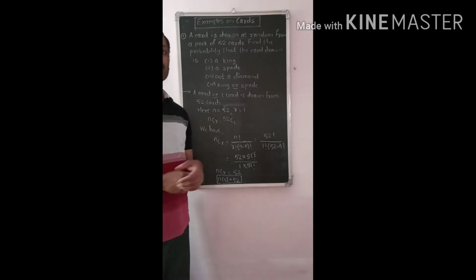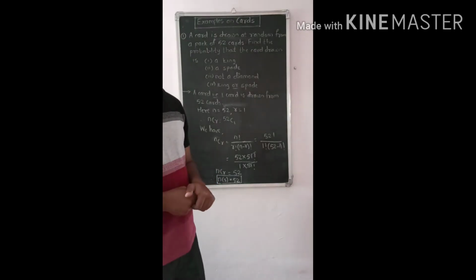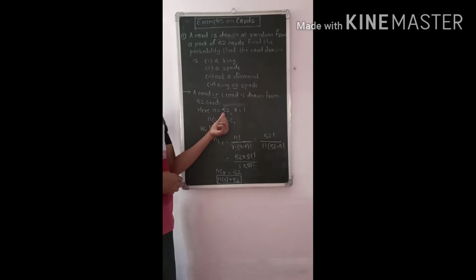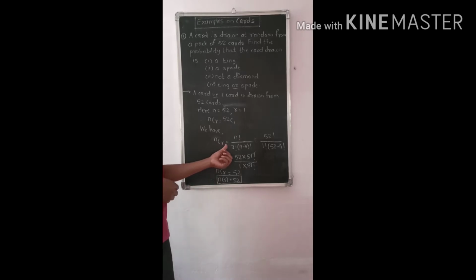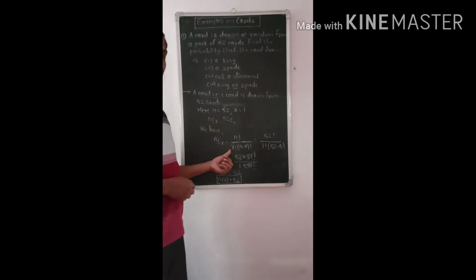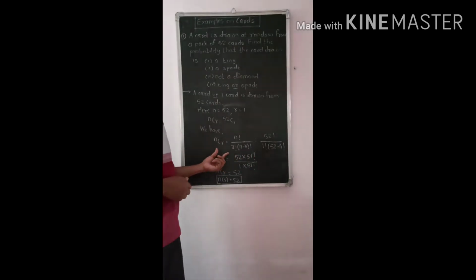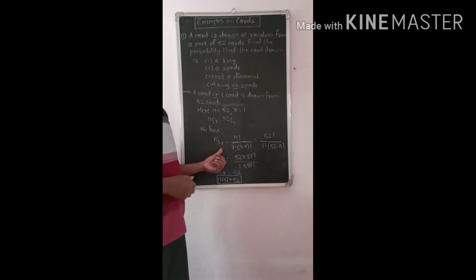So we are using here the formula of combinations. Okay, nCr. For this formula we have n means total number of cards. It is 52 cards are there, out of which we have to draw only one card. So r is 1 here. So we have formula nCr is equal to 52C1. n is 52 and r is 1 here. So we have formula nCr is equal to n factorial upon r factorial into n minus r factorial. By using this formula, we will get the value of n(S).